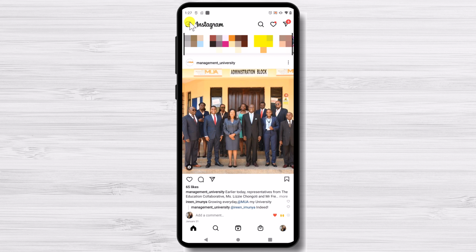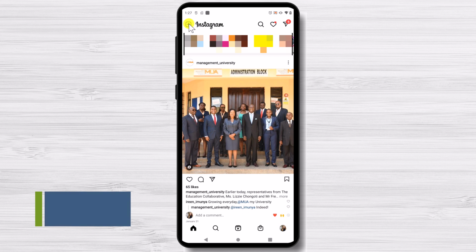Increased creativity. Adding music to your Instagram posts can also help increase creativity, as it provides an opportunity for users to get creative with their posts. For example, users can use music to create lip-sync videos, dance videos, or even creative montages. This can help users showcase their creativity and bring a new level of excitement to their Instagram posts. In this video, I am going to show you how to add music to stories and reels.